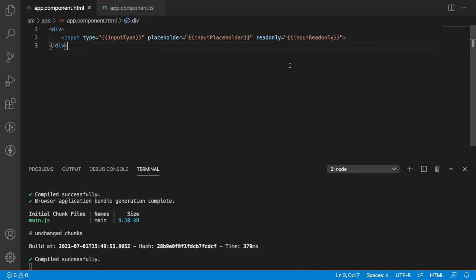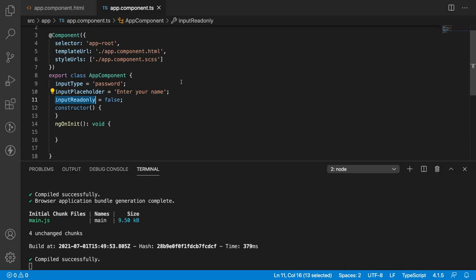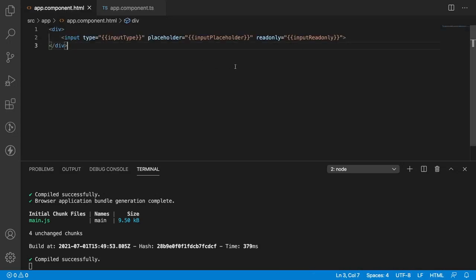So how to resolve this now? When I pass the string, it is working as expected, but when I pass a boolean value, it is not working as expected. So that's where property binding came in. Whenever you want to use boolean values over the properties, it is always recommended to use property binding. How to use property binding? A property should be enclosed between square brackets, and no need to use interpolation.